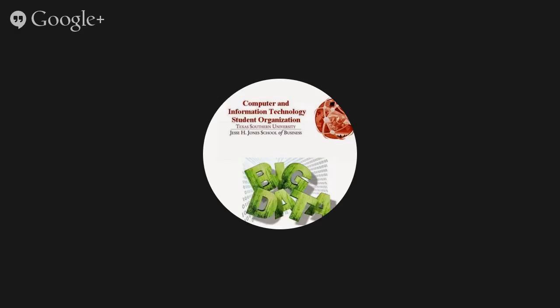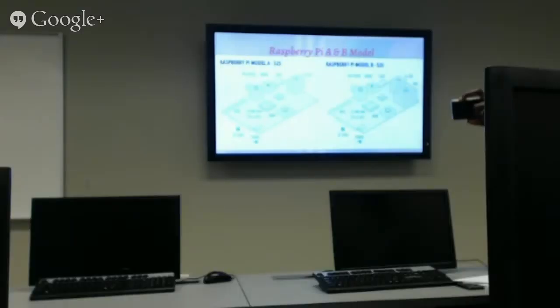This is a B model. There's an A model and there's a B model. What is the difference between this model and the first model? The A model is what's on the screen right now. So, Raspberry Pi A and B model. The A model